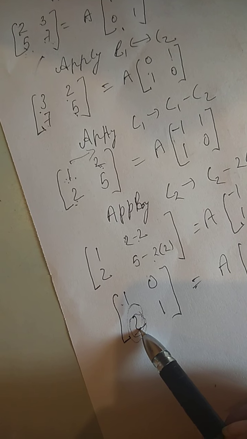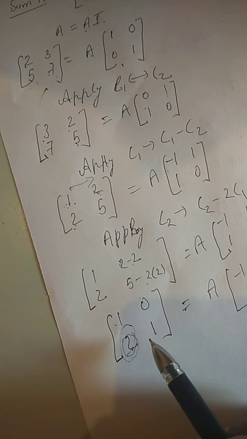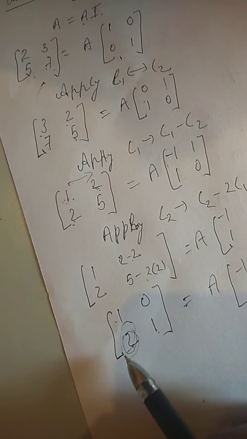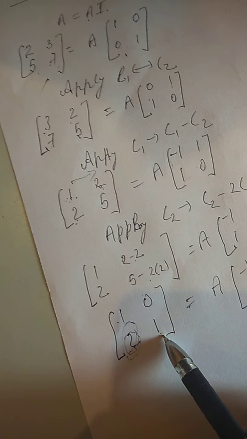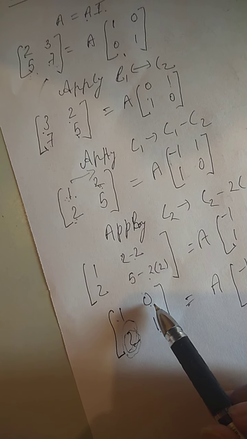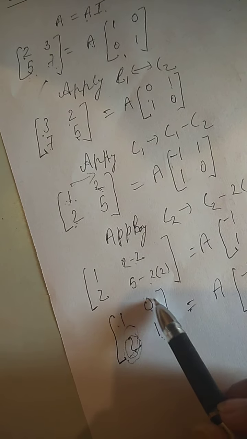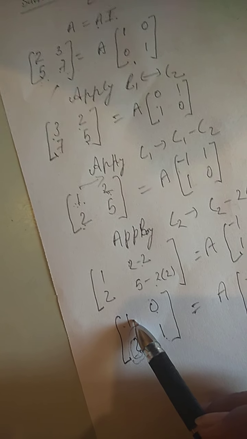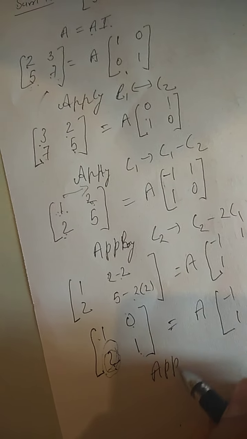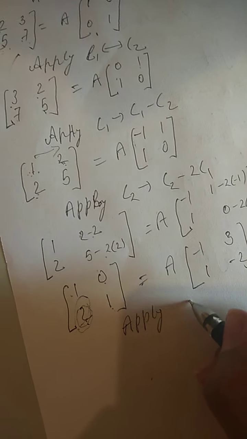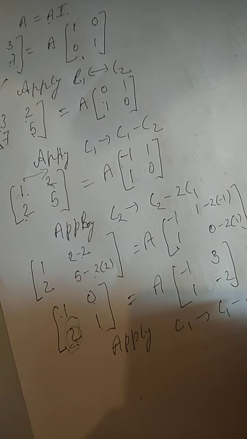Again, in order to make this element 0, we are doing a column operation, so we will use this 1 to make it 0. How will we do that? I will do now C1 minus 2 times C2, because this element 0 is there, so when I do C1 minus C2, this 0 will not bring any change to the first element of column 1, right? But yes, we will get 0 here. So the last operation of the sum will be applied in C1: C1 minus 2 times of C2, right? So when we do this thing,